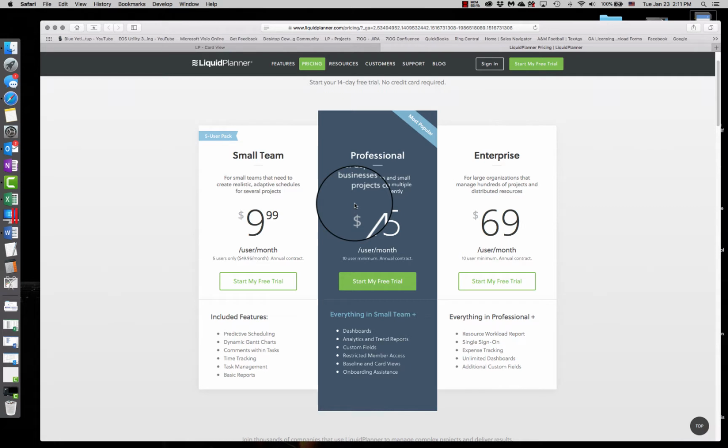This is where the value comes in. Now, notice the jump. It's over 4 times more expensive per user. And you have to have 10 user minimums. Now, once you reach 10, you can add individual licenses. But you have to have a minimum of 10. Annual contract. So if your organization has lots of clients and 10 or more team members, this is a tremendous